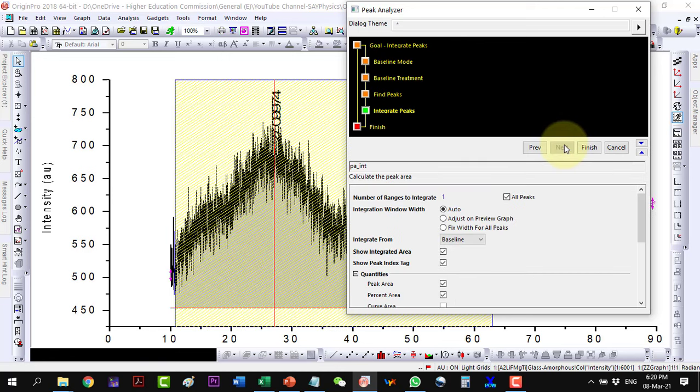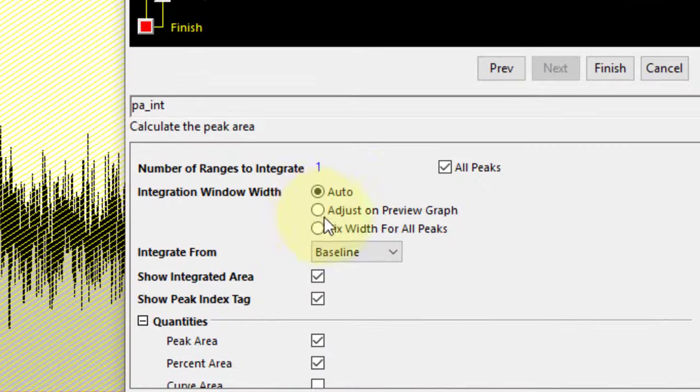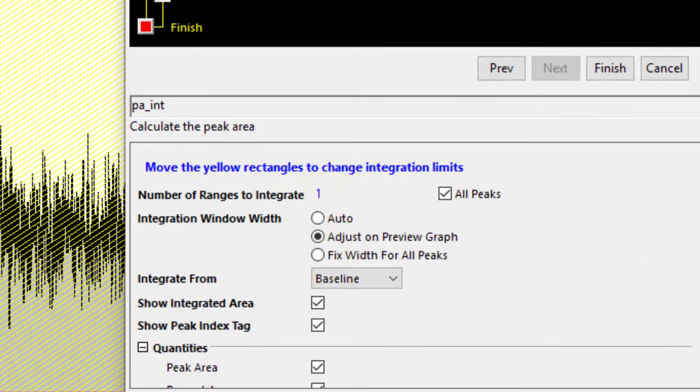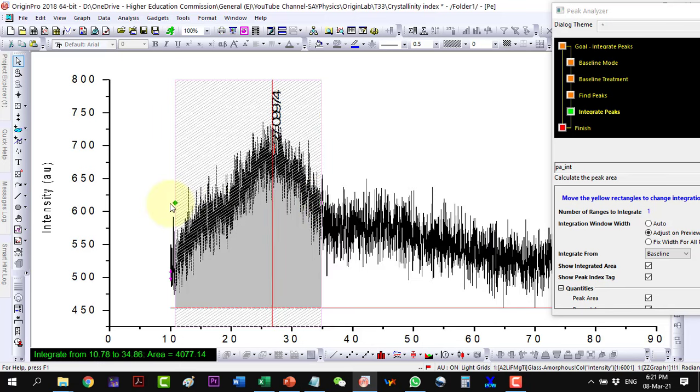So go next, and now we will have to select the region of interest. Click on adjust on preview, so we will be able to do it here. Just approximating the size of it. This is not very crucial.